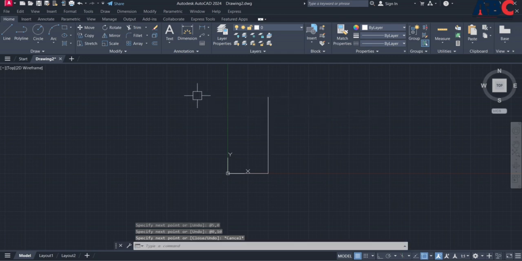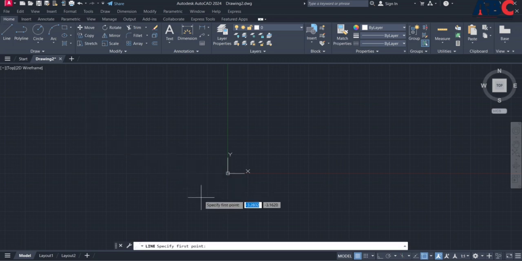Then the third coordinate system is the relative polar coordinate system. In the polar coordinate system, we have to specify the direction of the angle using the mouse cursor. This is used when we have to specify a point at some angle. For that I will take the line command and specify the first point at 0,0, the origin,